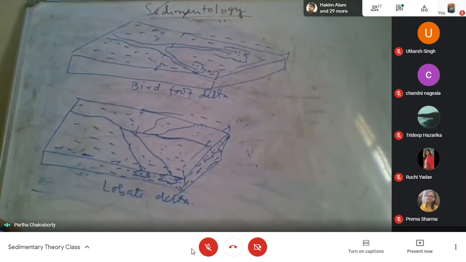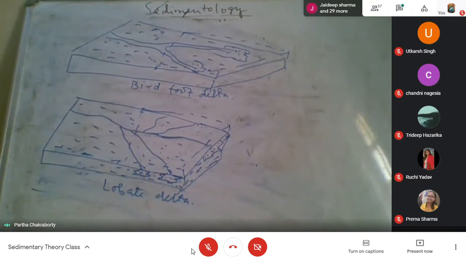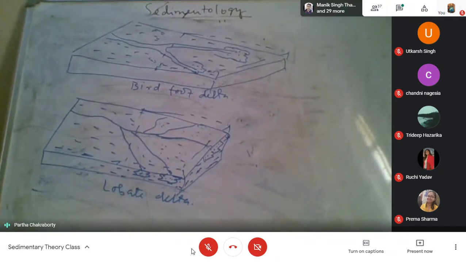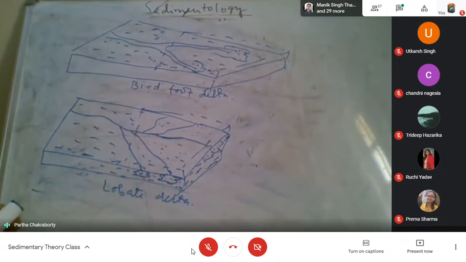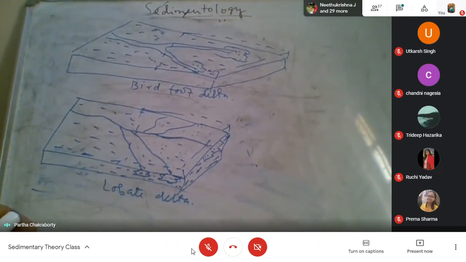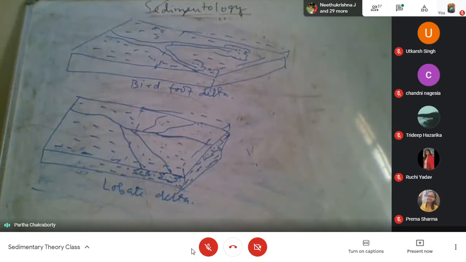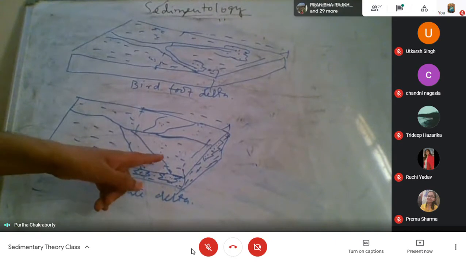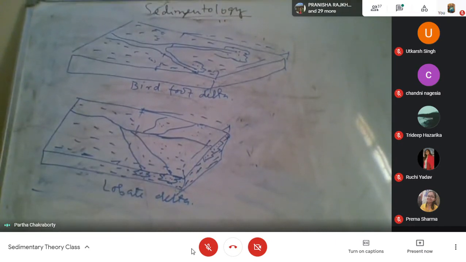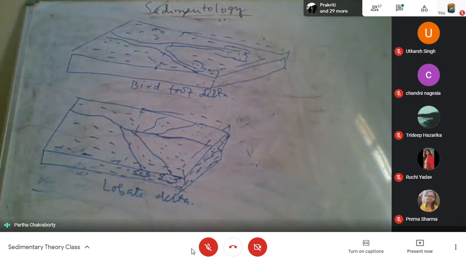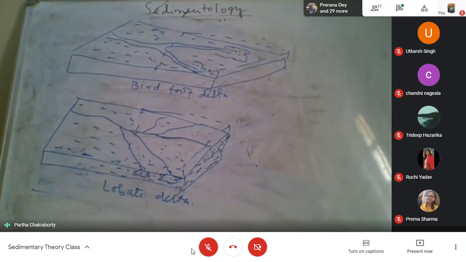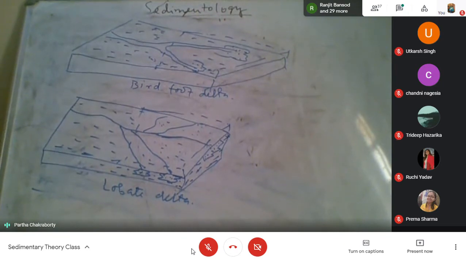What you may know is that on the eastern coast of India, in the Krishna and Kaveri Delta, there is a huge reserve of gas that has been discovered by ONGC and Reliance. But how is the gas occurring? They have tapped only one single distributary channel, capable of giving several trillion cubic feet of gas. That is the kind of dimension I am talking about. I hope you people have understood.